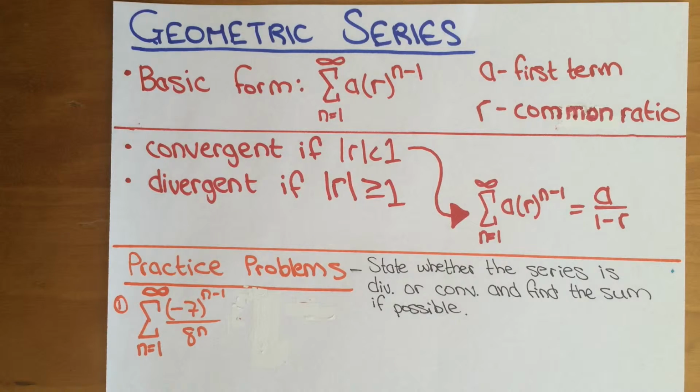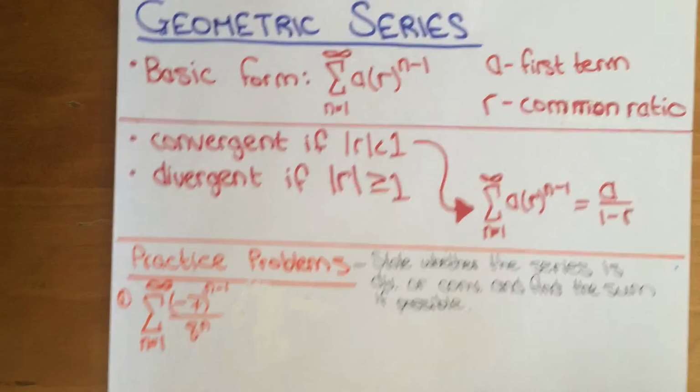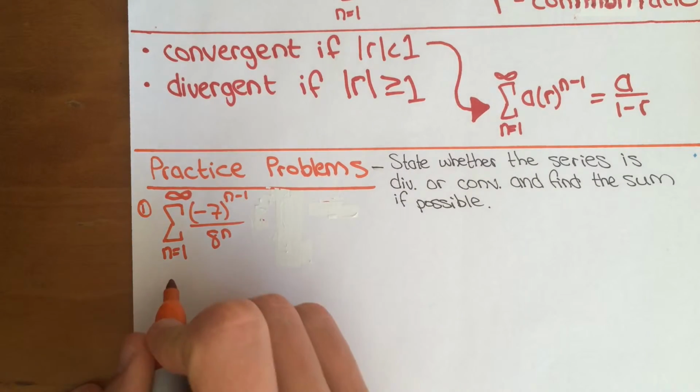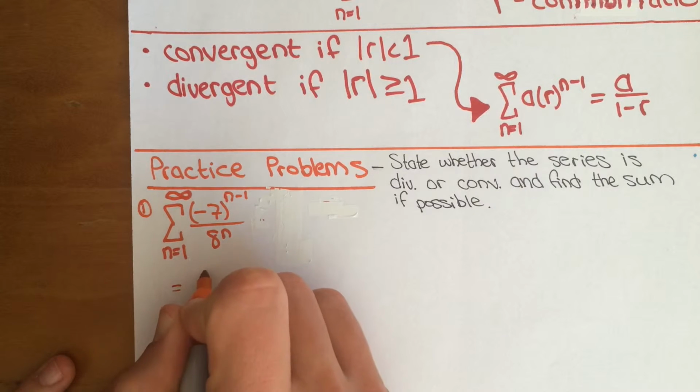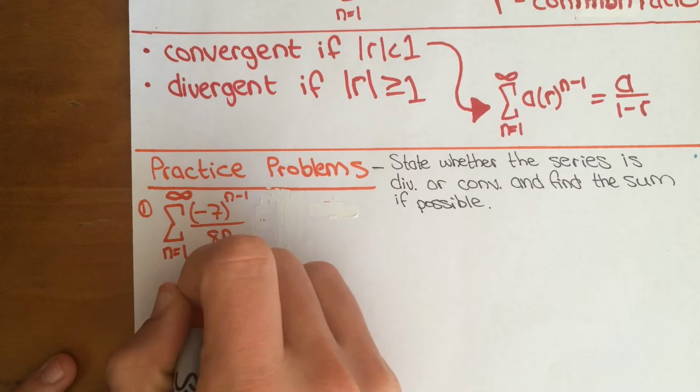So the problem tells you to state whether the series is divergent or convergent and to find the sum if possible. So you have the series negative 7 to the n minus 1 over 8 to the n. And I quickly noticed that this can be manipulated into the basic geometric series form. So to do that, I pull out a 1/8. So that equals the series